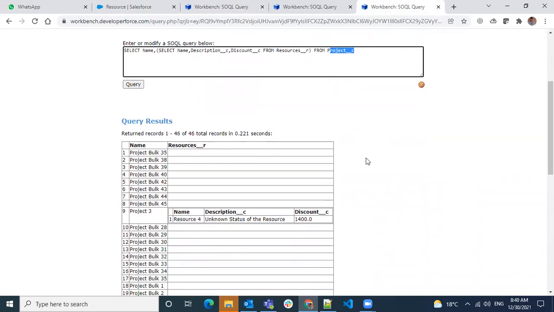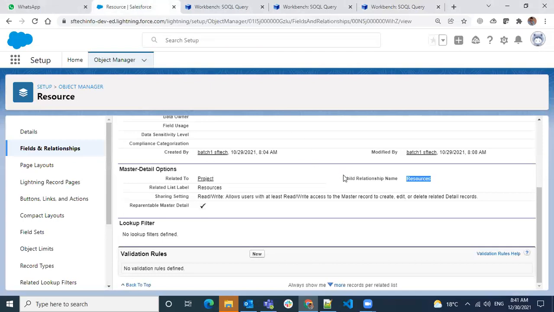Any questions here? How to get this relationship field, or any questions on this field? And one more point before any questions: we can go up to only one level. So if you have any child to a resource, we cannot write one more query inside. We cannot do that. We can go only one level from parent to child, and we can write using the relationship field name in the field API name.